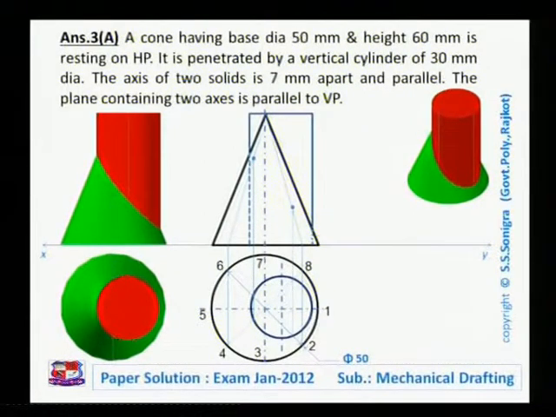Now what should we do to find the point of intersection on O3 and O7? For that, pick up that point. On O3, here is the point of intersection between the imaginary generator and the cylinder. From this point, draw an arc like this, with O7 as a radius. Or you may take O3 as a radius and draw an arc like this. And that arc will cut O1 at this point.